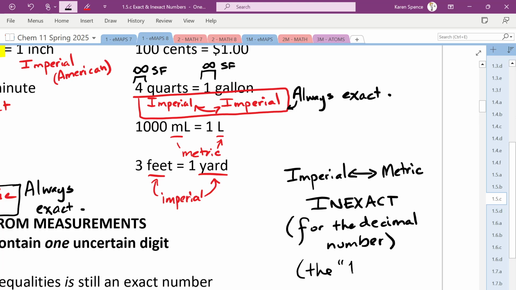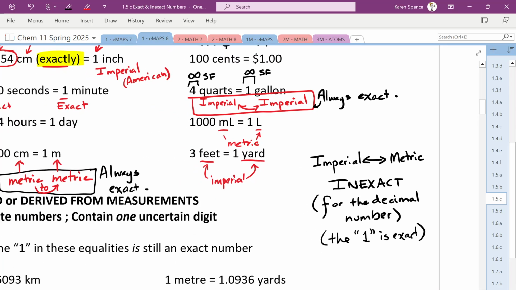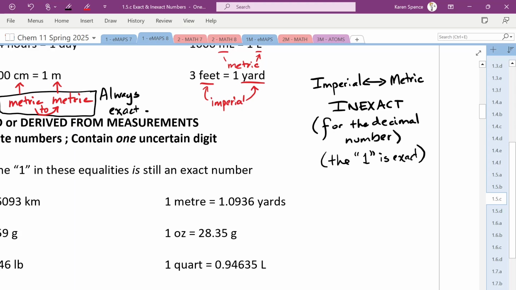But from metric to imperial is exact. No, either way. So if you go from imperial to metric or metric to imperial, the 1 is exact. And we're going to do a couple examples so that you can see what I mean by decimal number. What is a decimal number and what is the 1 I'm referring to? So if we look at these guys down here,